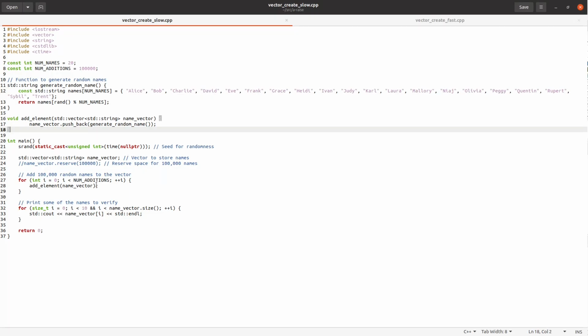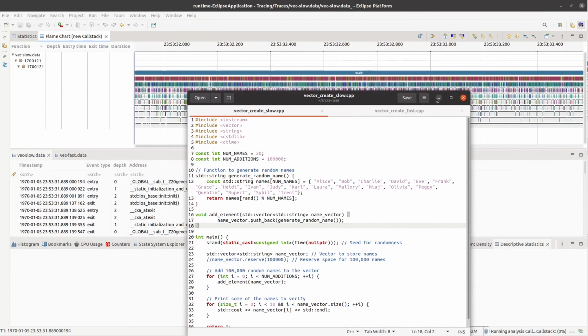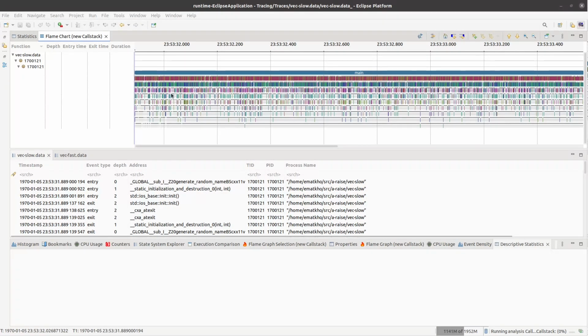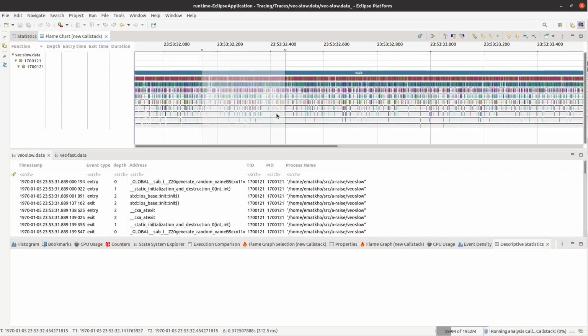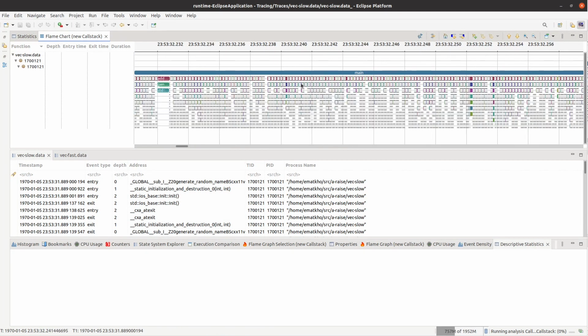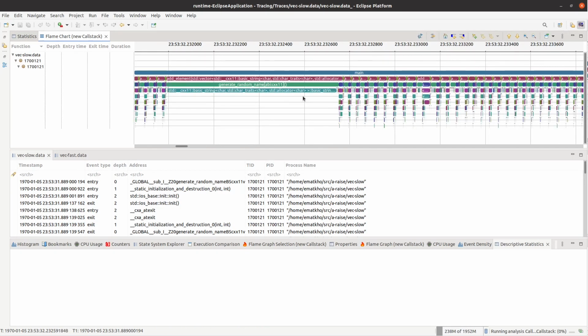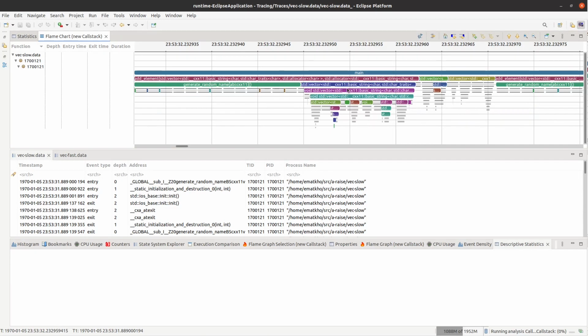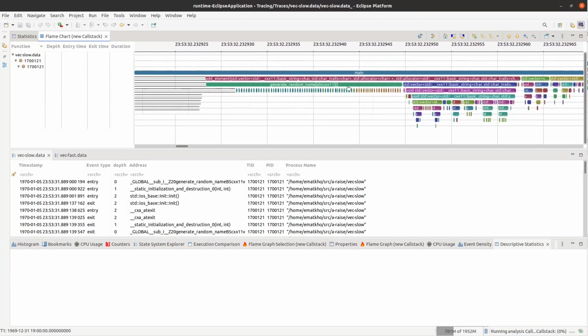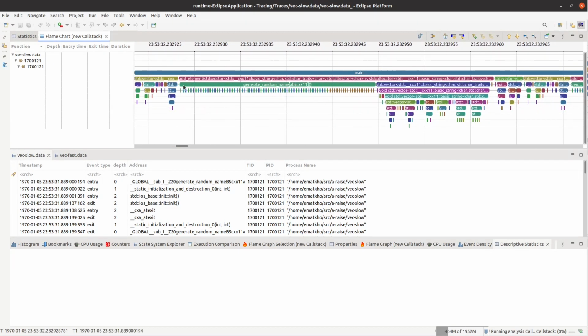So we ran this. It adds 100,000 elements, and every time it just adds a random name. Then we looked at the trace. I'm just minimizing now. So if we look here, you can see your main function. And then you can see, oh, is this a nice little reallocate? It looks like it. But then when we zoom in,